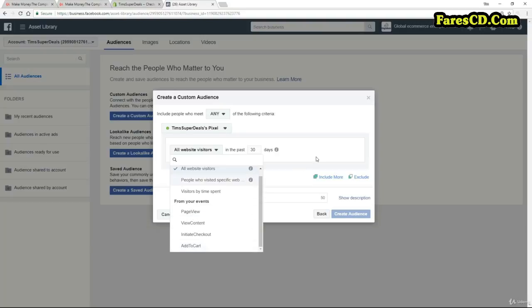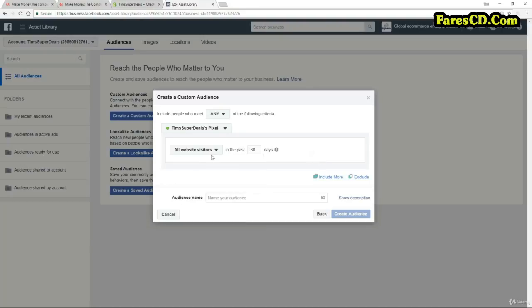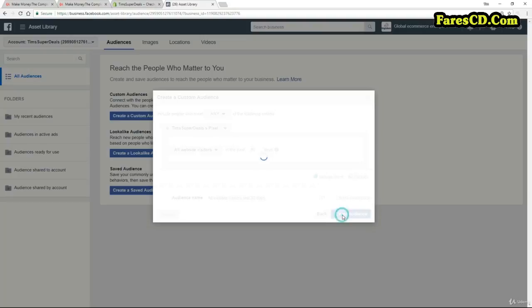But if we just leave it the simplest version for the time being, all website visitors, so that I can demonstrate to you how we would actually use this, then I'm just going to give it an audience name. So I'm going to call it all website visitors last 30 days. Okay, and of course I could change that number. I could go 30 days or 60 days. 30 days is a pretty good starting point. So then all I want to do is create my audience,